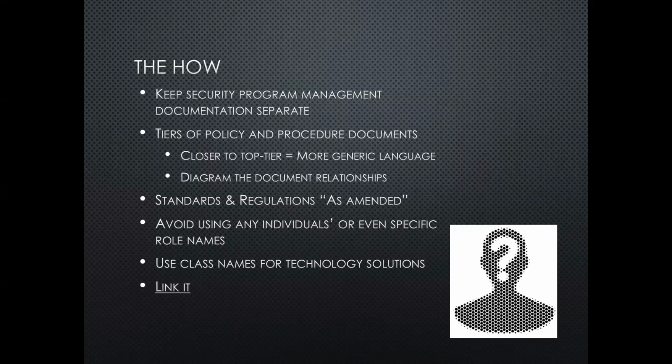Avoid using individuals' names or even the specific titles for their roles. Try to keep even the role definitions generic in those higher level documents, and as much as you can down in the lower ones, because people's roles or titles may change over time. People have added responsibilities or have responsibilities removed, and their titles or roles are adjusted accordingly. And so you don't want to be tied in to those role names or titles throughout your documentation, where you have to go do find and replace through all of them, and then update them, publish them, and notify all of the stakeholders.